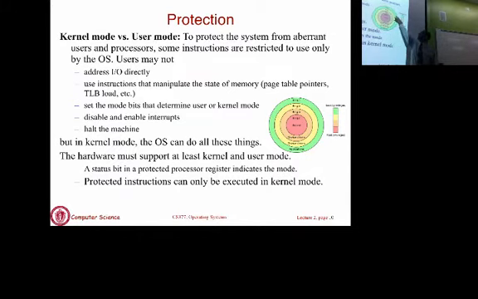Typically end users, end applications will run in ring 3, which is the same as user mode. And the OS kernel will run in ring 0, which is kernel mode. The intermediate rings are used by other things, like if you have virtual machines. They don't have as many privileges as an OS kernel, but they have more privileges than a normal end user application.